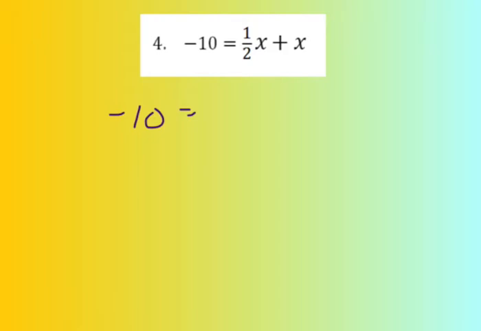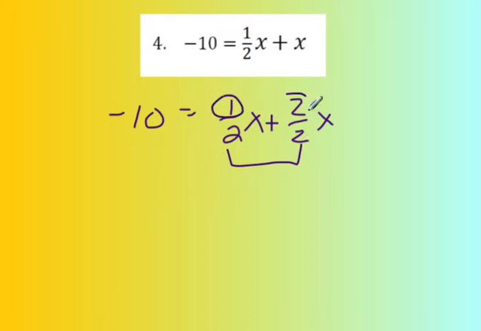Okay, so when I write that as 2 over 2, I get 1/2 x plus 2 over 2x. Now remember that 2 over 2 is really just 1. The reason I did that is because here I have a common denominator. Since I have a common denominator, I can go ahead and add the numerators of the fraction. That's just simple rules of fractions. So then I end up getting 3/2